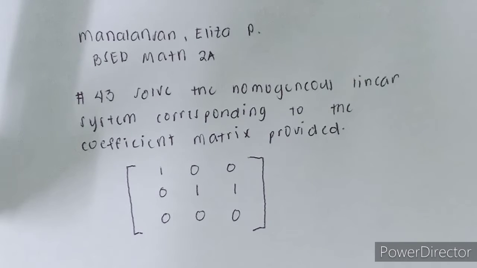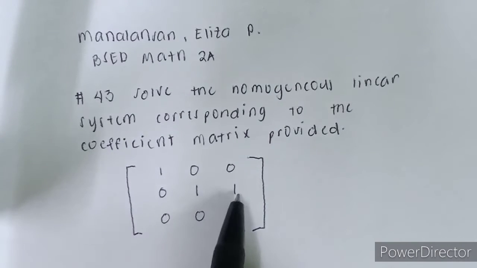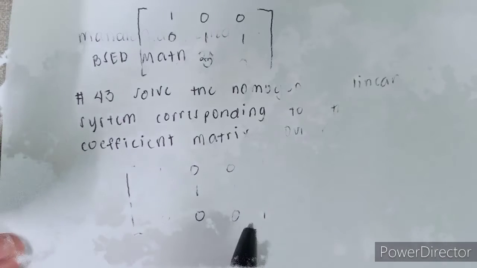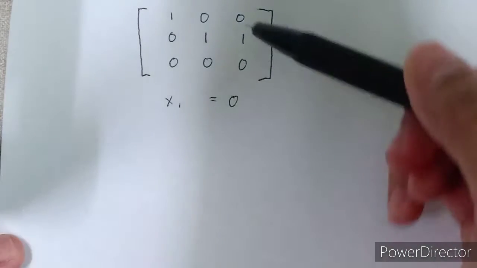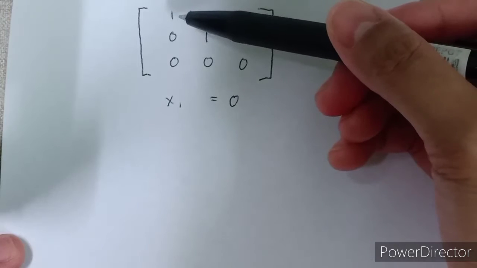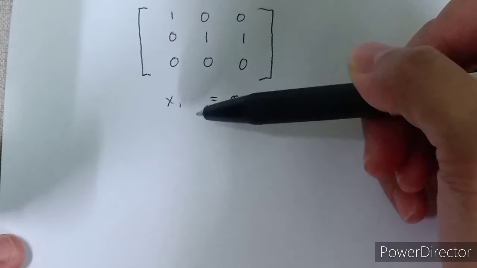which is to solve the homogeneous linear system corresponding to the coefficient matrix provided, which are 1, 0, 0, 0, 1, 1, and 0, 0, 0. In order for us to solve the homogeneous linear system of these numbers, we are going to write it into a coefficient matrix system. As you can see, in the first equation, 1 will become the coefficient of x sub 1,